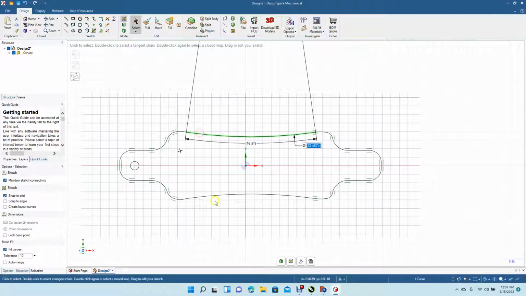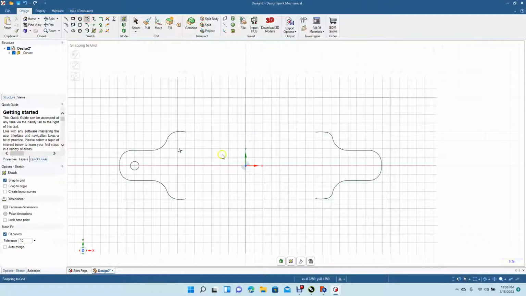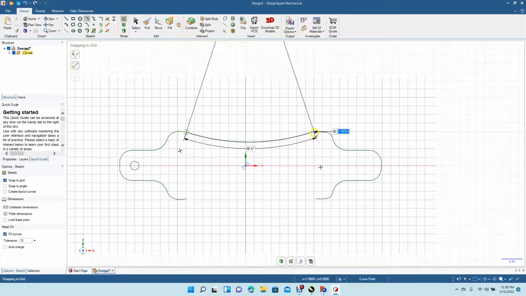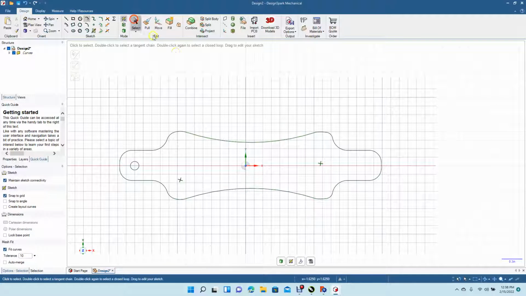Now I'm not crazy about these arcs, so we're going to put new ones in there. Let's get the tangent arc again. I like drawing with that because it goes from the tangent point and automatically curves it for you. Okay, now I'll do the same right here. Okay, this is a little